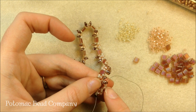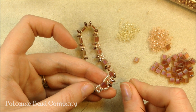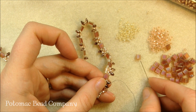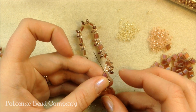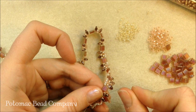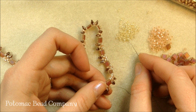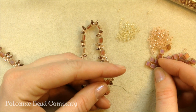And that's just going to create a little line of spacing so that way you can connect to the next bead. In between the SuperDuos, I'm always going to stick a Tila, sew through the SuperDuos. When I come out the SuperDuo, I'm going to repeat the pattern that I did up here, where I'm adding 1 seed bead instead of 2 this time, my 4 8/0 beads,